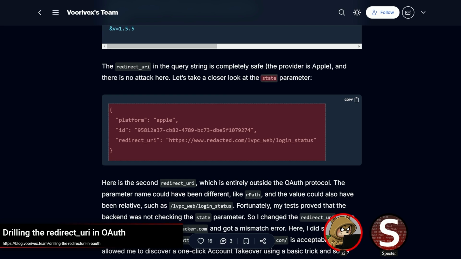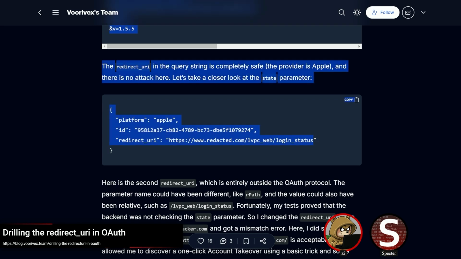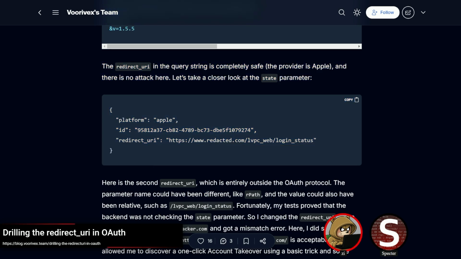In fairness, it's called state, so maybe there's more of a reason behind that. I just know from my past experiences that when you start seeing a lot of information getting stored in there, it starts feeling like maybe this is some sort of misused value, and thus a place worth looking into more. And in this case, seeing a redirect URI immediately gets my attention: are they doing the proper validation there? And of course, they weren't in this case.